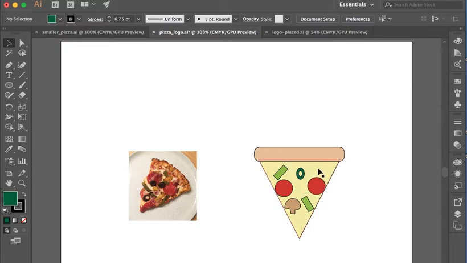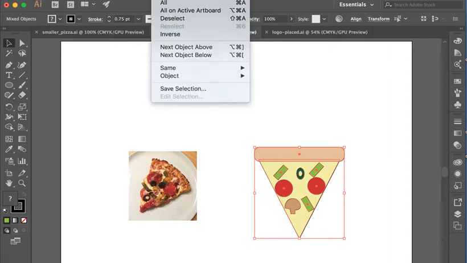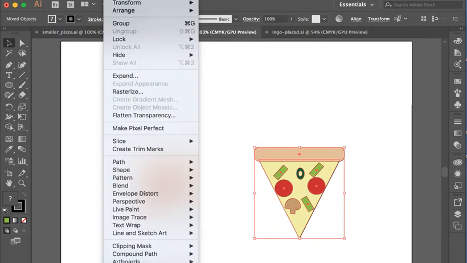Maybe I could add another piece of pepper up here. Command C and Command or Control V, and I'm going to add my pepper up here. So now, with my selection tool selected, I'm going to group this together. So I'm going to drag around the whole thing and go up to select, let me see, I have to look and remember where it is,